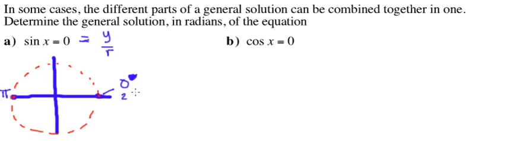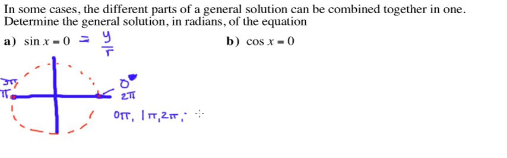And if we kept going around, this point can also be thought of as 3 pi, and so on like that. You end up getting all the numbers, and in the negative direction minus pi, minus 2 pi, minus 3 pi, that satisfy this. So in general, if you have 0 pi, 1 pi, 2 pi, etc., you could keep writing out those numbers for the rest of your life and say that's the general solution. But if you have better things to do, the compact way to write this is to say that x is